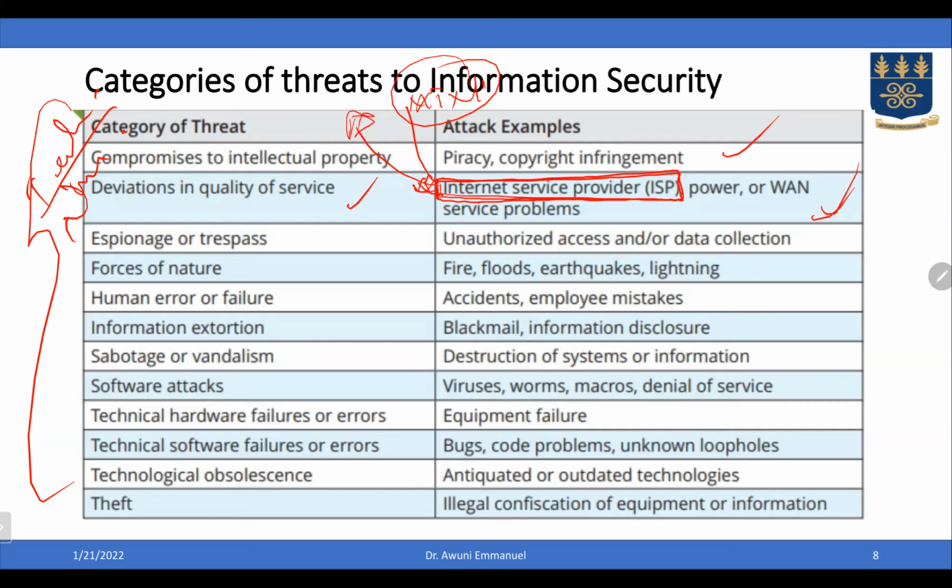And when the services are poor, for instance, if I'm a customer of your bank and I am calling the bank, maybe I'm in a critical situation and need them to solve a problem for me. Let's say my Visa card is compromised, and I realize that someone is using my Visa card to take money from my account. I cannot block the Visa card myself. All I need to do is call my bank and tell them that my Visa card is compromised. Then you pick MTN or whatever, you call in, and when you call, it's not going.